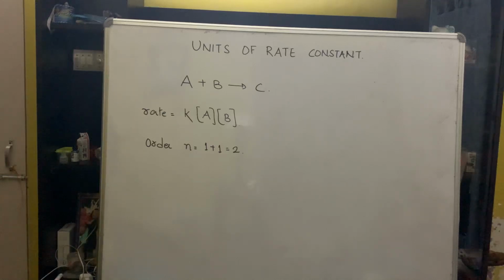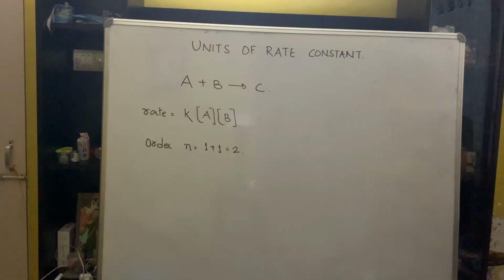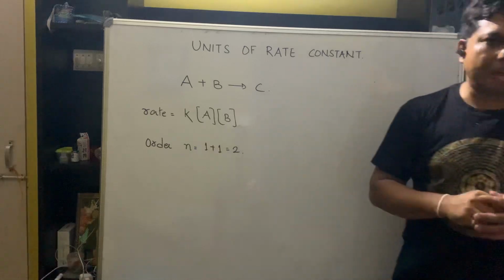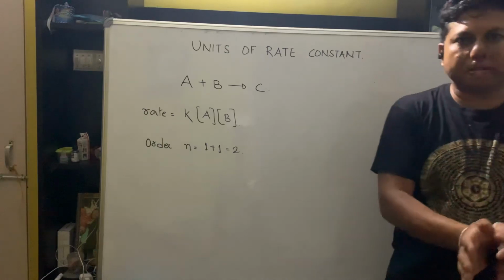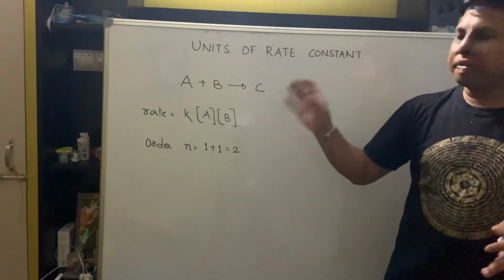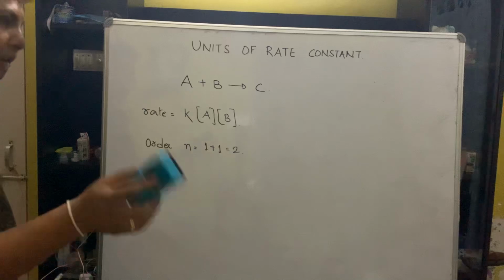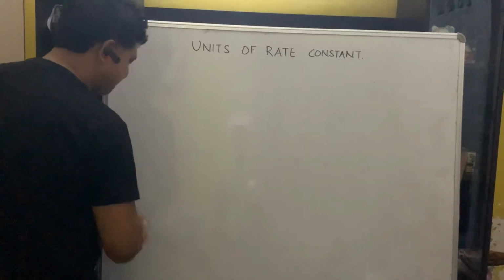In part 3, we again discussed that there are different types of reactions. The order can be 0, first order, second order, or fractional as well. So it is not possible to remember the unit of K for each and every order reaction. Today we are going to develop a very simple method by which we can determine the unit of K for any order reaction. If you learn this, you don't need to memorize the rate constant.